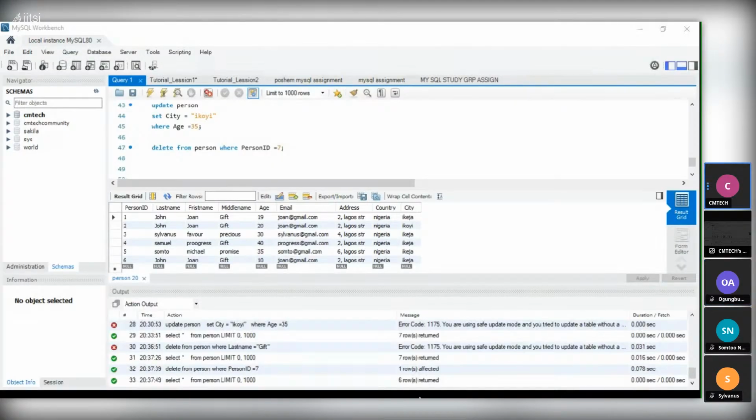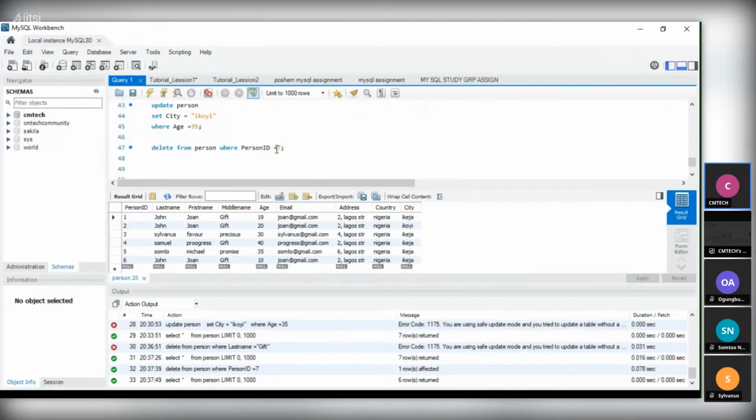So we want to see now if we want to delete all the data in our data set. For us to delete all the data in this data set, we can write a code like this: delete from the particular table.